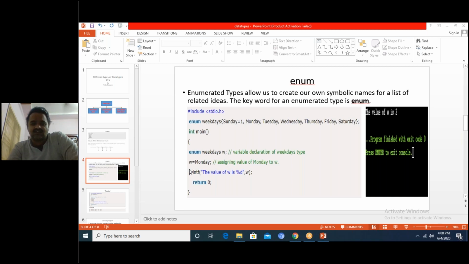If you allot Sunday with 1 instead of the default 0, you can do that, then the remaining follows with 2, 3 and so on.